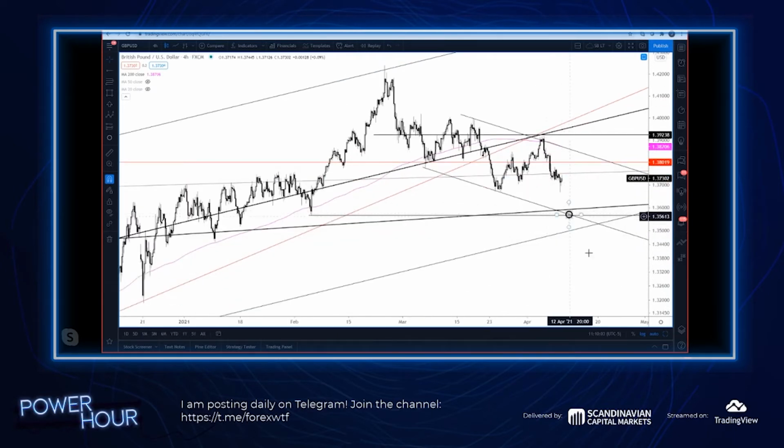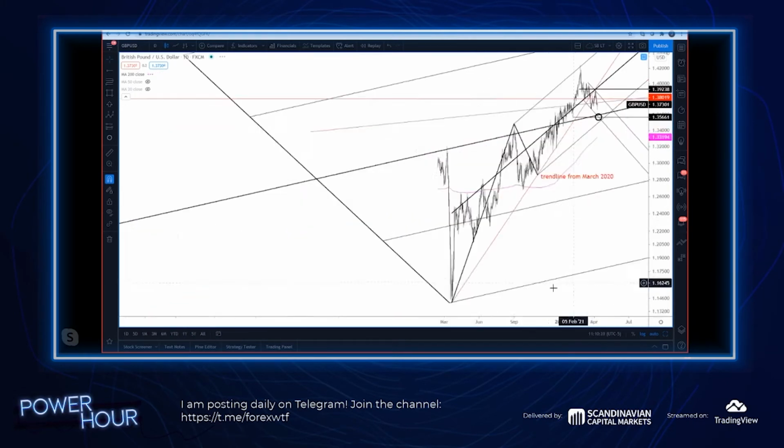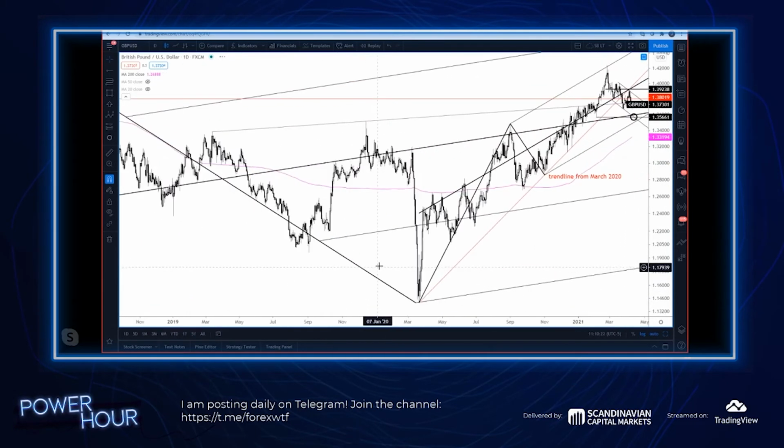Possible support: 135.60s. That's going to be the low from February 4th. And you've got just this line that connects the lows from early March and late March. So that's a level to keep in mind. Also, just a little bit lower than that,